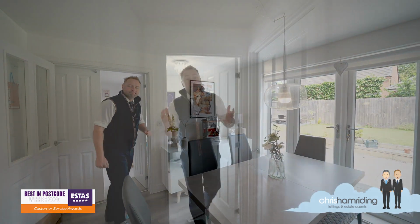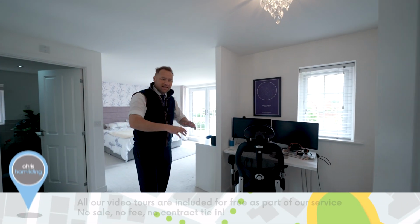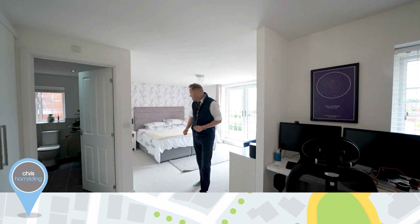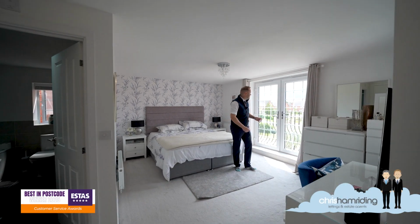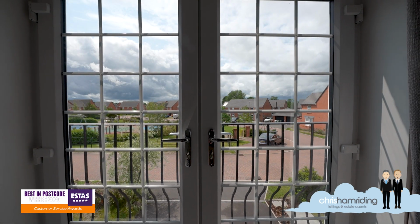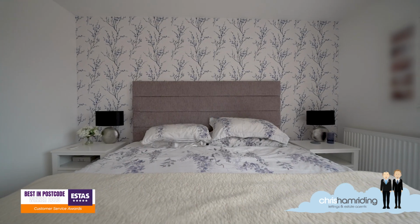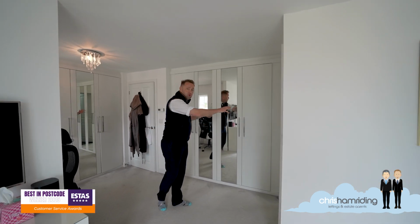Starting with the master suite, and this is a real master suite. You can see this dressing area here, big enough for a home working station or a makeup table. We've got an amazing ensuite, look at that in a minute, but I mentioned it outside. The Juliet balcony, what a real luxury to wake up to, throw the doors open, admiring that beautiful view, take a quick look out there. It's multi-aspect as well, an enormous sleeping area and even more dressing table space here, built-in wardrobes on my left as you come in and on your right,